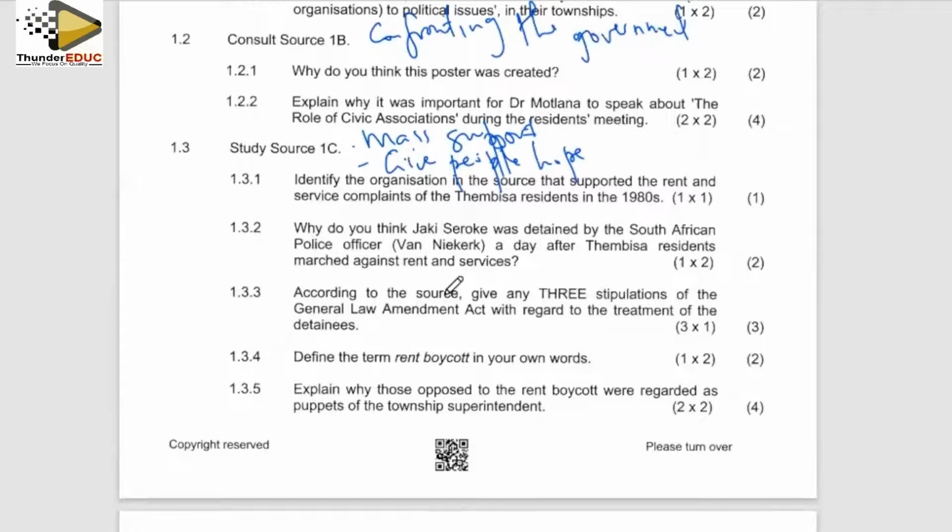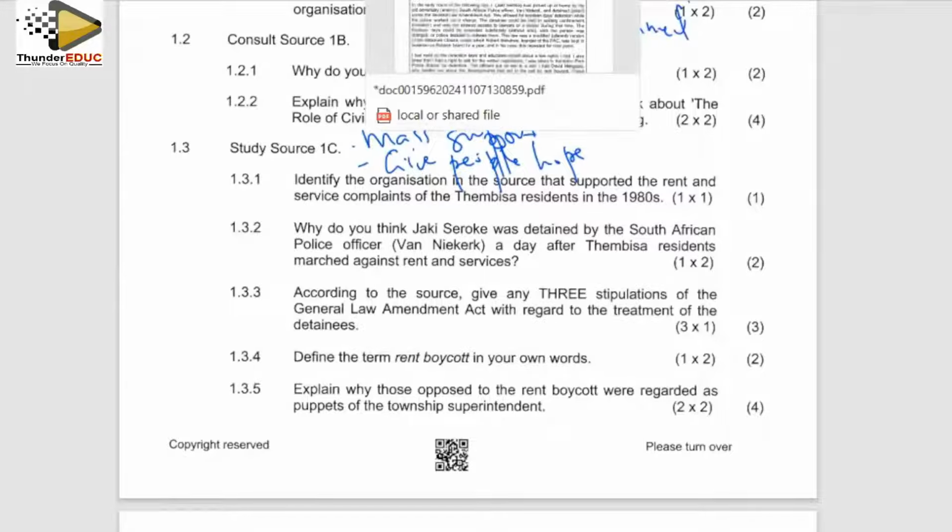The next question is saying, according to the source, give three stipulations of the General Law Amendment Act with regard to the treatment of the detainees. Right, this one is an extraction question. We want three stipulations. We are talking of stipulations. We are looking at what was allowed through the General Law Amendment. What were the provisions that were given through that law? Or how did it operate? So if we go to our source,